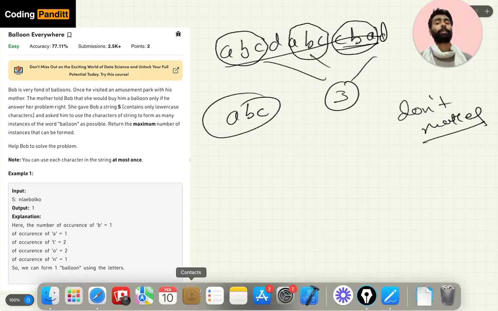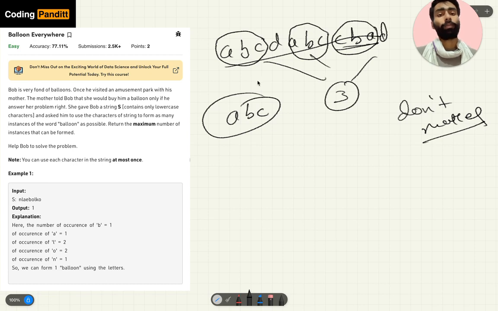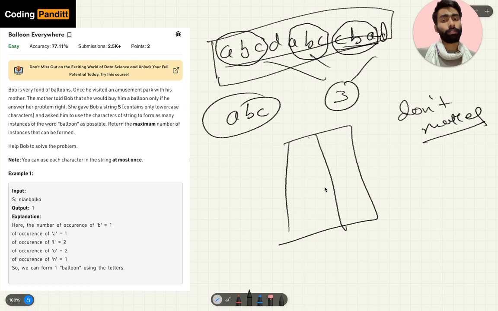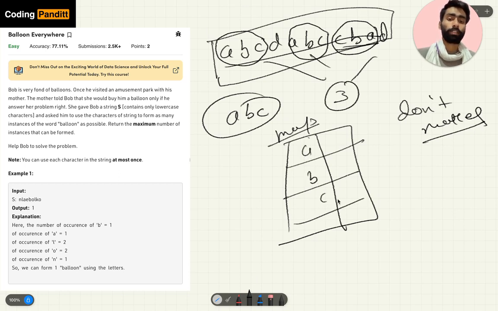So how can we find this? We need to first have all the frequencies, the occurrence of all elements, in a frequency table. So we will use a map or set. Here we will first have A, B, C and D. D comes twice, C comes thrice, B comes thrice and A comes thrice.